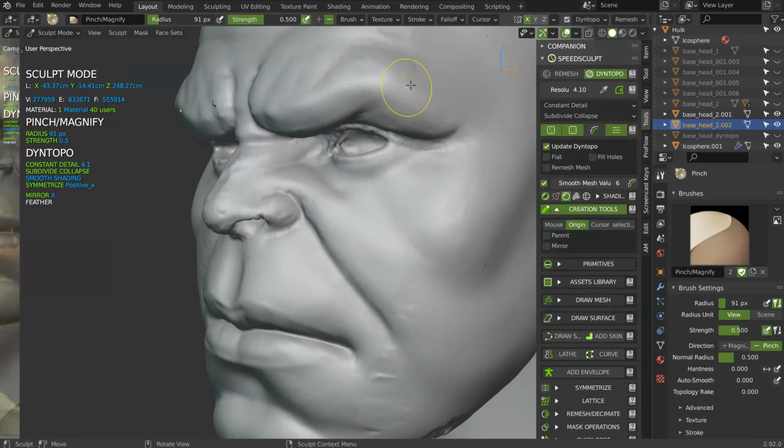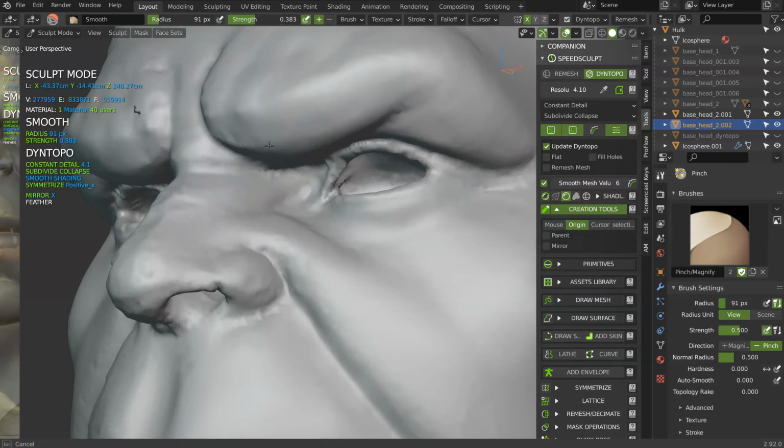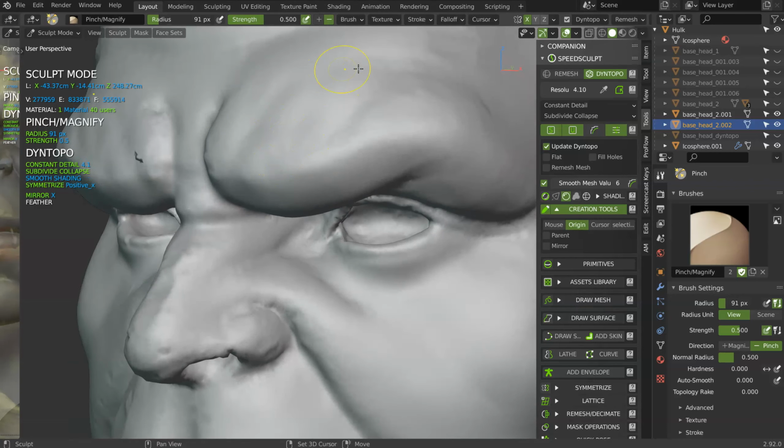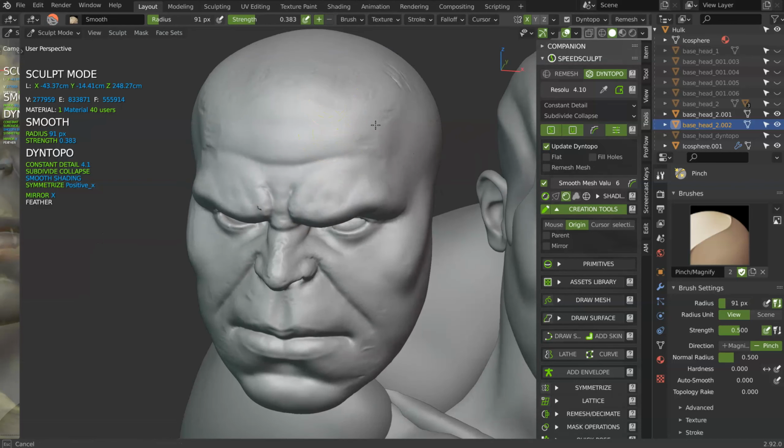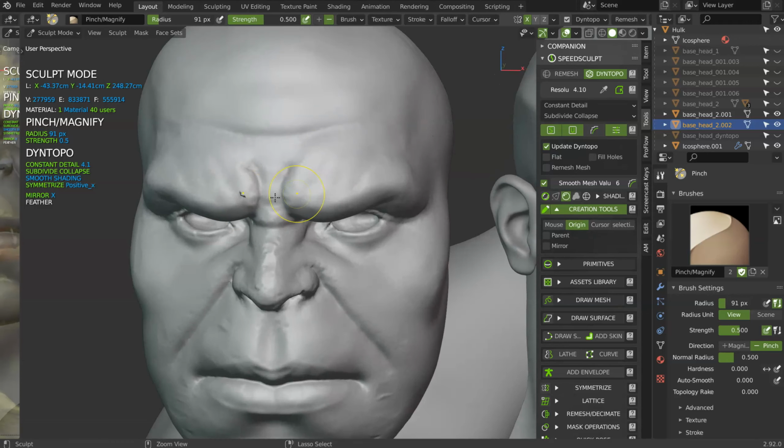Yesterday my computer had difficulties. Sometimes, once you have something correct with Dyntopo, the thing that is nice, that will work, because I know it works, this is how it works in ZBrush.